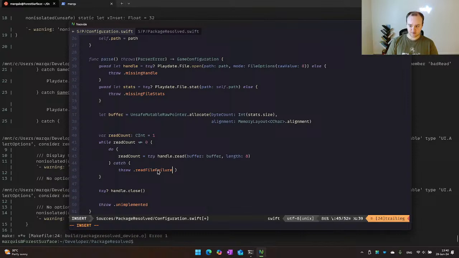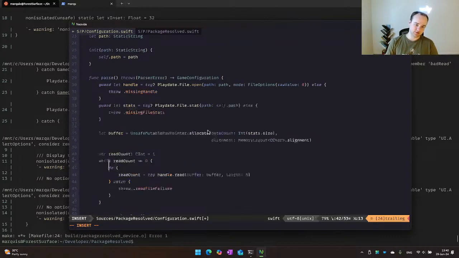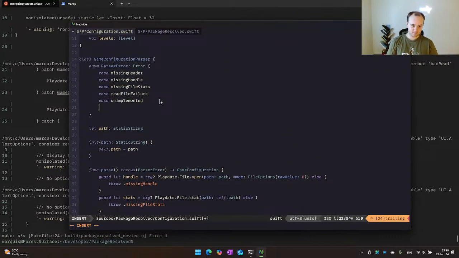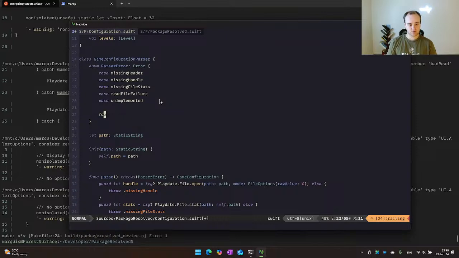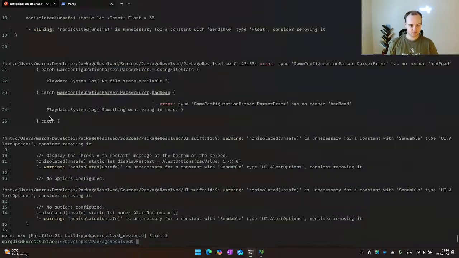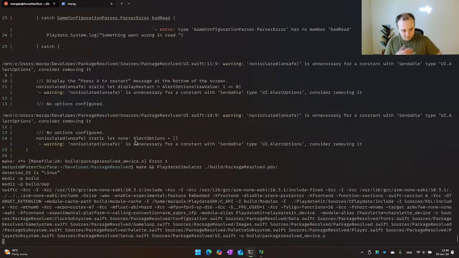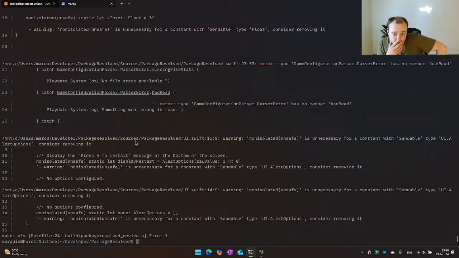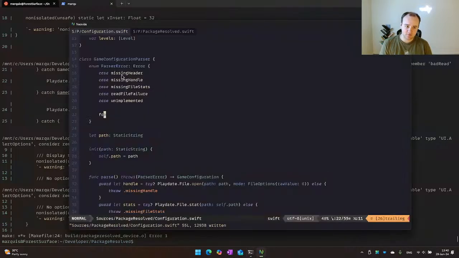Read file failure. Can you put garbage in the parser error type to make sure it's actually getting recompiled? Yeah, that's a good idea. Fool. Has no bad read. Did we forget to change this?